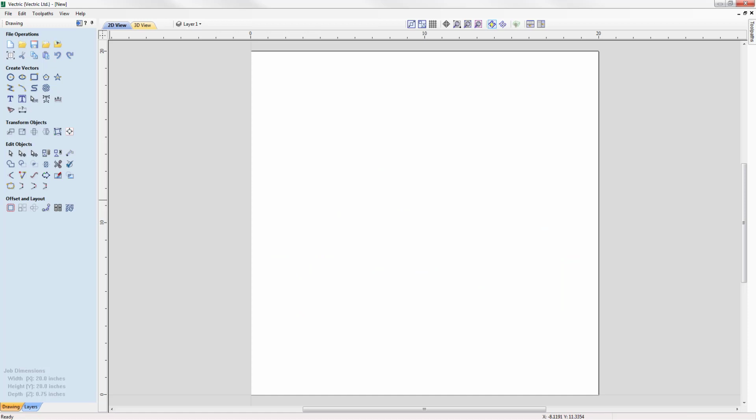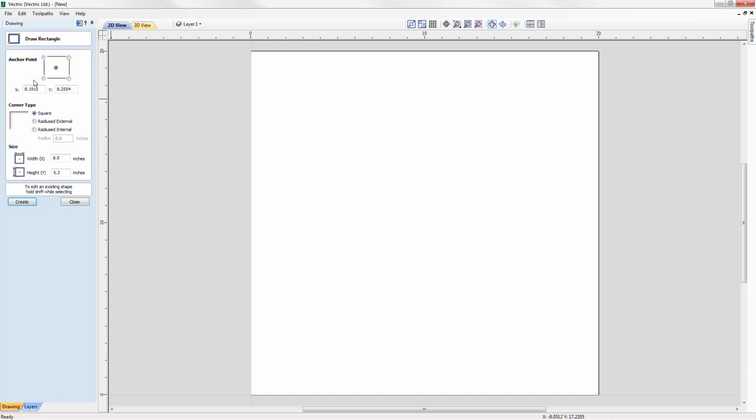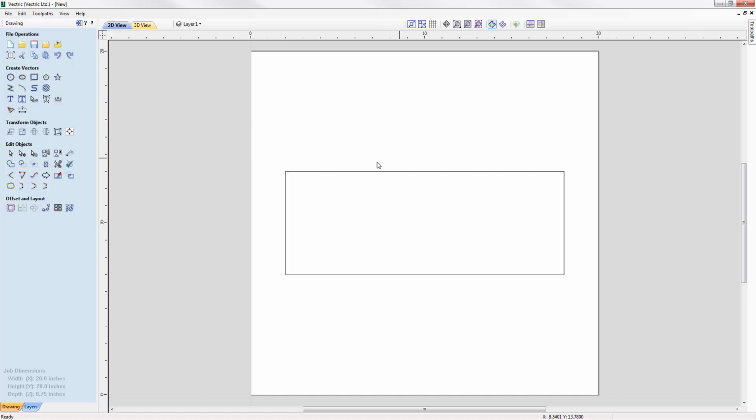So now we're going to look at how we can draw text within the confines of a closed vector. To start with, we're going to look at creating a vector that we want to create text inside of. So let's go to the Create Vectors option and we'll look at drawing in a rectangle. Here I'm going to go with a width of 16, a height of 6 inches, and we'll make the anchor point of this 10 in X and 10 in Y. Press Create, close out,